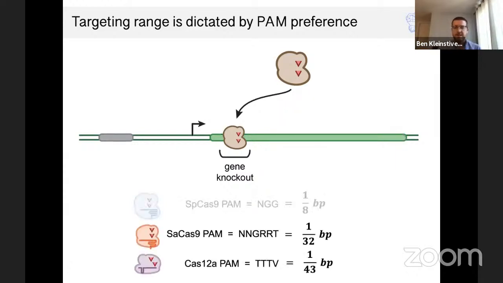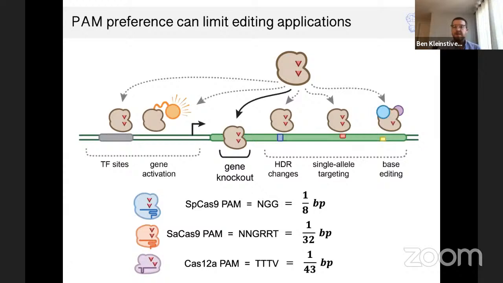But for some of the other Cas9 or Cas12 proteins that I described to you earlier on, many of these recognize or require longer extended PAM motifs, which means that they're less likely to be found as often in the genome, meaning that sometimes you might actually find a sparse availability of PAMs, limiting the types of editing that you can perform. For applications beyond nuclease-based gene knockout, like making changes by HDR or trying to differentiate two alleles that